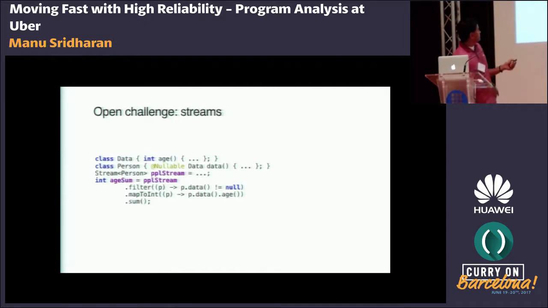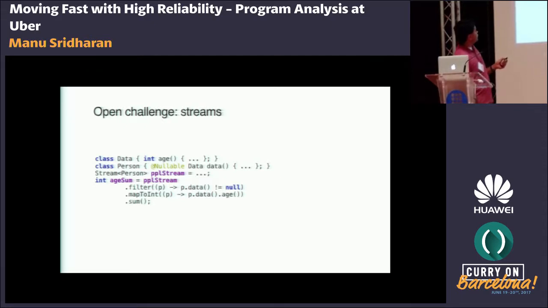But here's a simple code example. Let's say you've got a data class that has a bunch of data about, like, age and other things. And then we've got a person who has a data function, but it's possibly null. So there may be no data associated with that person.